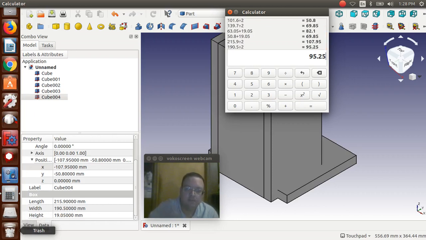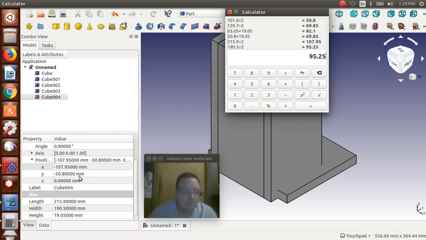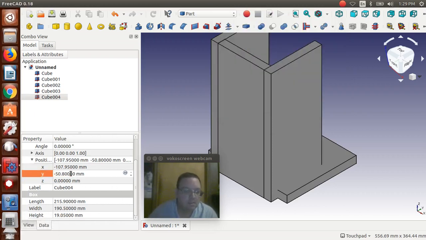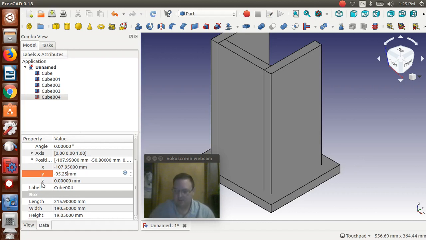Copy that. 95.2, and that will be here. So that centers it on the block, and then we're going to bring it up,